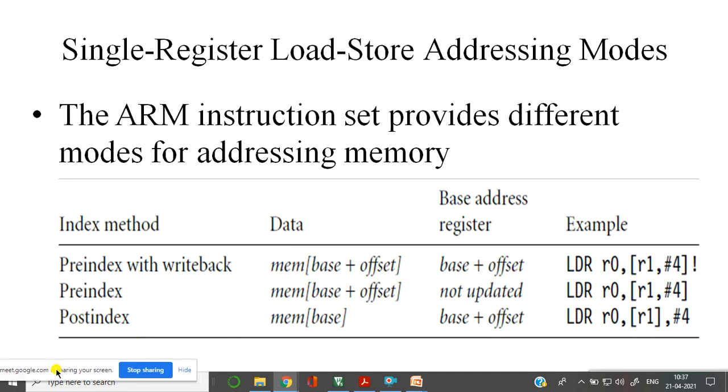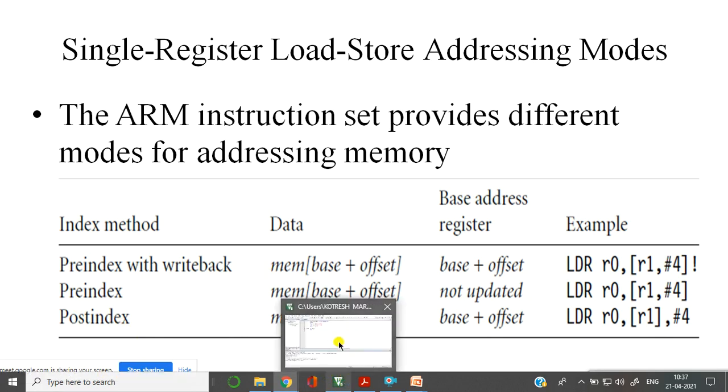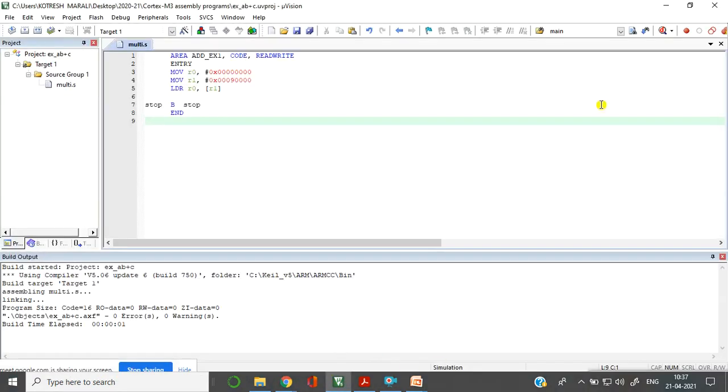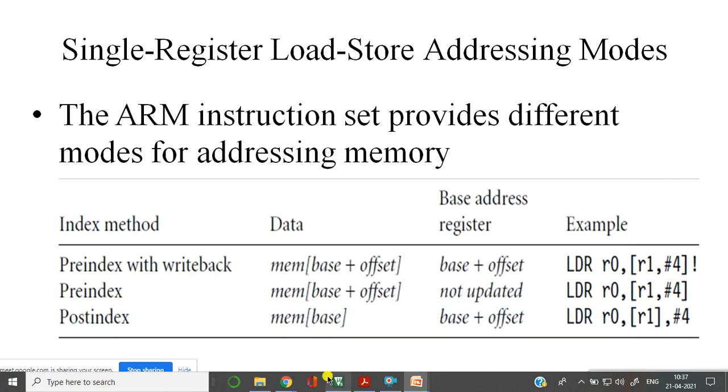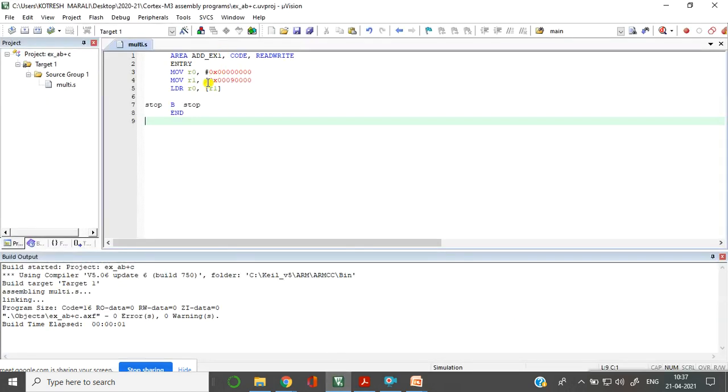Okay, now today we will go with a few more examples. Before that, I'll show you a small demonstration of the LDR instruction, how it works, and be careful here. Look at this. I have two data here. I'm clearing the content of the R0 register. R1 register is filled with some data.